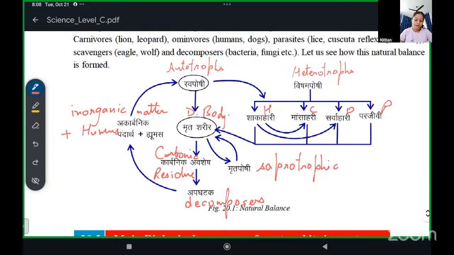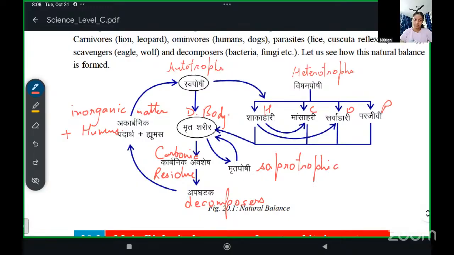When autotrophs or heterotrophs die, their body is decomposed into carbonic residue by decomposers or